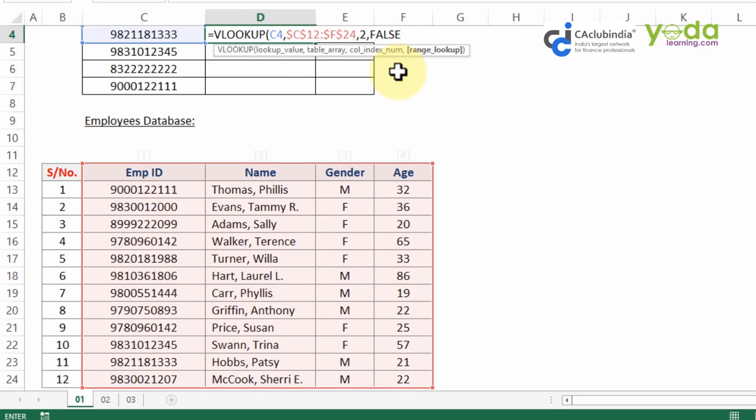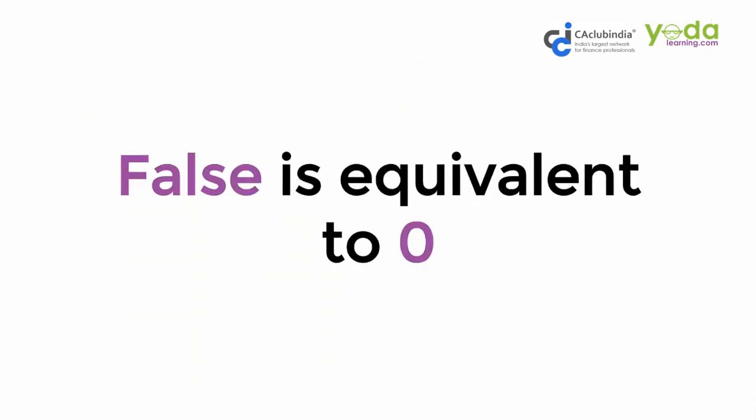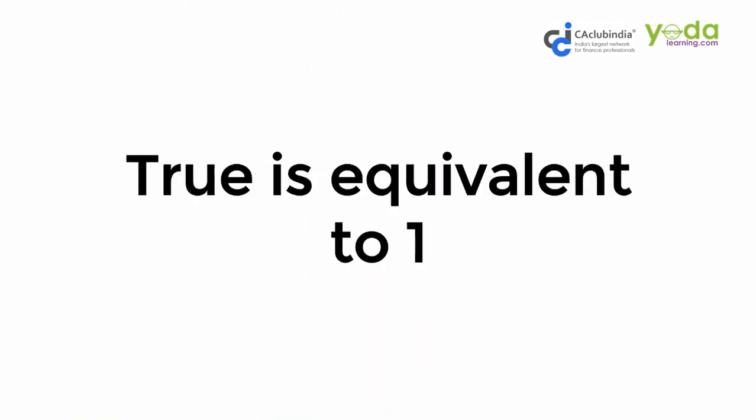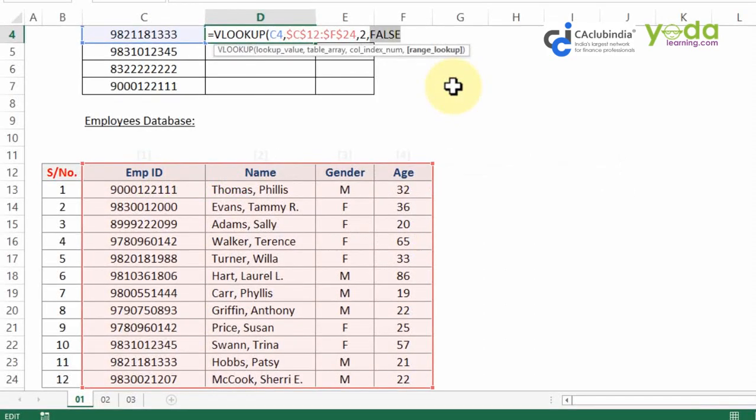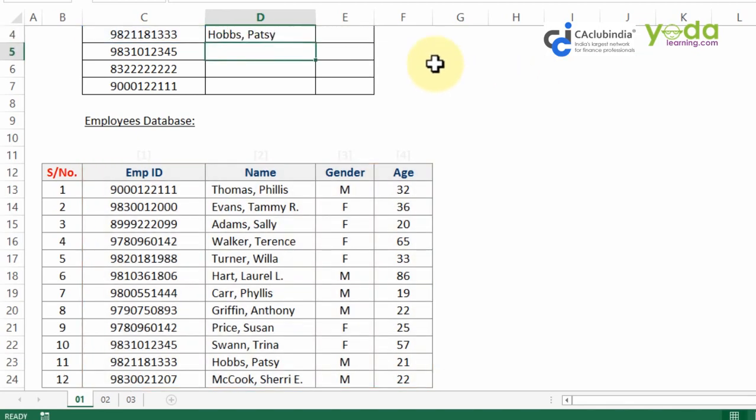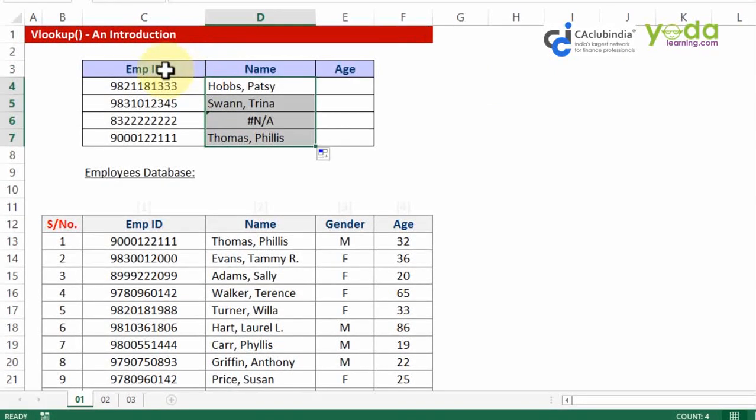Now for Vlookup, or for Excel rather, false is equivalent to 0 and true is equivalent to 1. Concept of Boolean value. Hence, instead of false, a lot of professionals prefer to give 0, which is fine. Let me close the bracket and press enter. As I copy paste this formula down through mouse, you'll notice amongst the 4 employee IDs, I only got 1